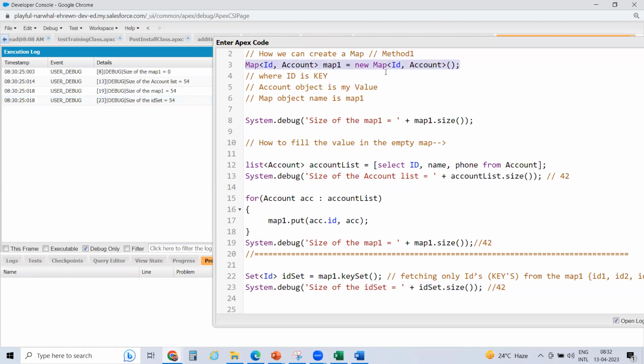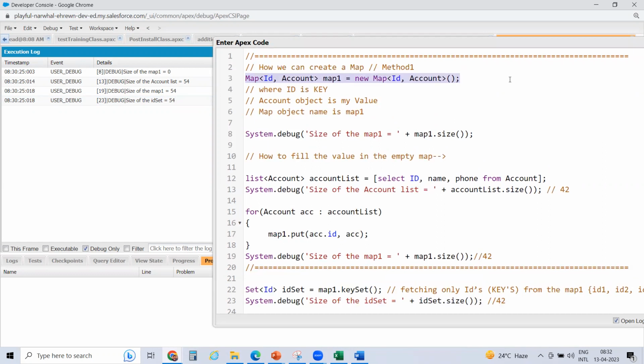This is the way we declare it. Here we have done our variable declaration, here we have declared or created this map. How are we creating this map? Map<ID, Account> map1 = new Map<ID, Account>();